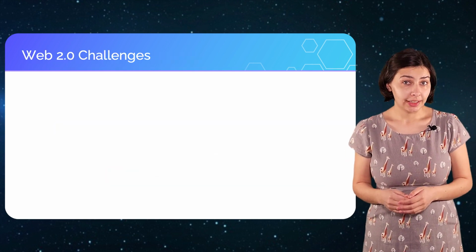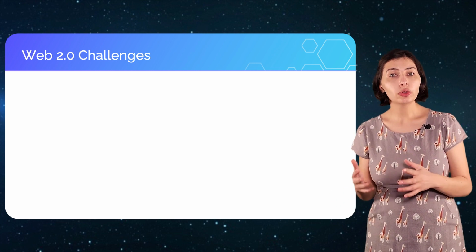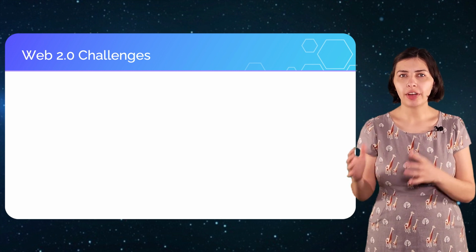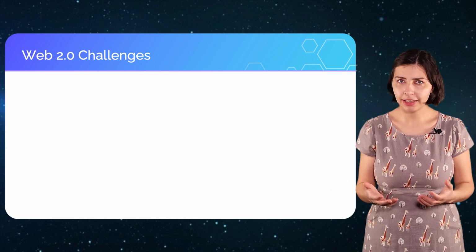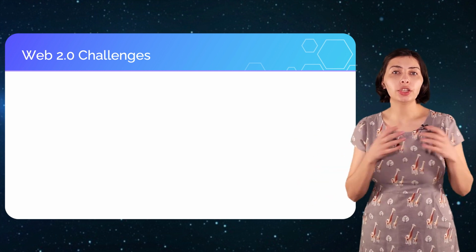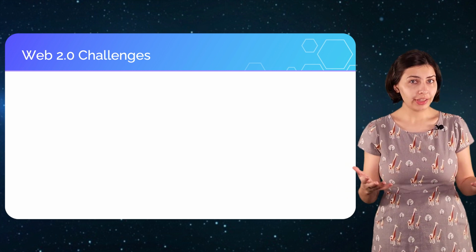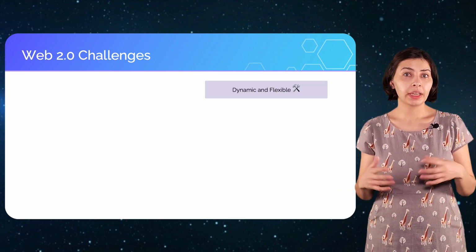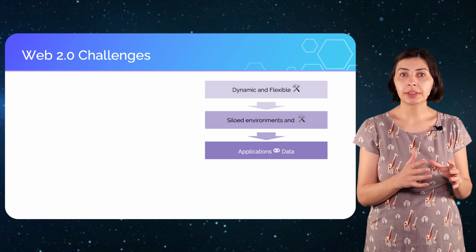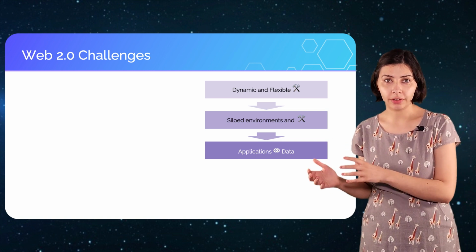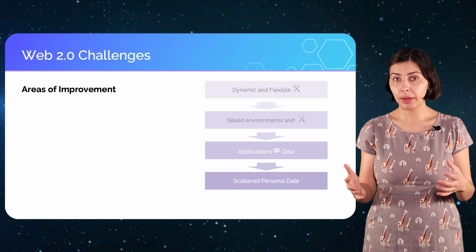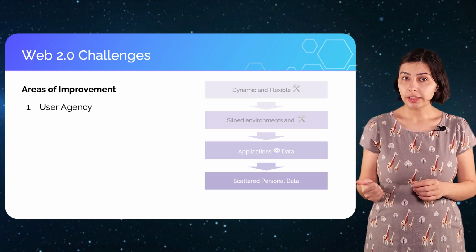Using the streaming services scenario, we ran into a few key challenges that hold true for Web 2.0 as a whole. Web 2.0 has created siloed environments that are increasingly complex and dynamic in nature, where apps are inseparable from the data that users generate through them, and users have little to no control over the data that's held about them. The increased complexity and dynamic nature of tooling has created siloed environments where apps are inseparable from the data that they gather. This, in turn, permeates into a few key areas of improvement for the web, namely user agency,